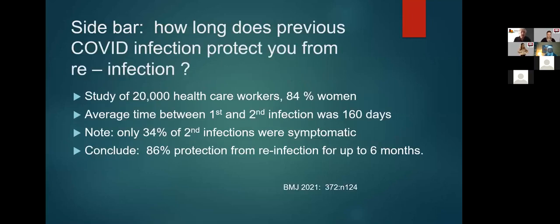So, I just wanted to mention how long does previous COVID infection protect you from reinfection? This is the study from that original question. Again, it was published in the British Medical Journal just a couple of weeks ago. There were 20,000 healthcare workers, the vast majority of whom were women, who were monitored, and they found that of those that were infected, the time between the first infection and their reinfection was 160 days. So about 4 to 6 months was the range, and again, 1/3 of the individuals who were reinfected